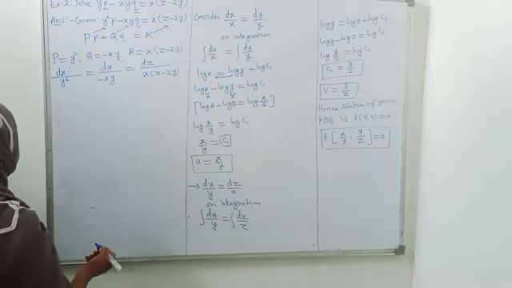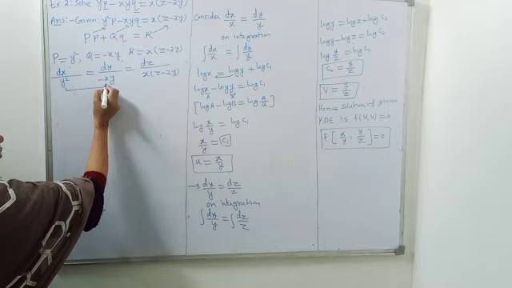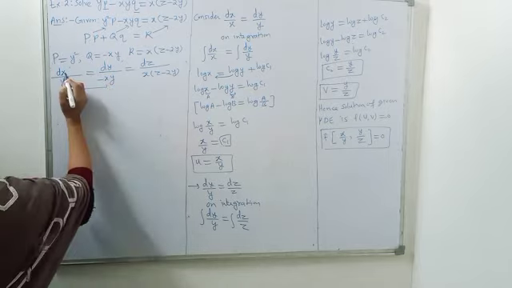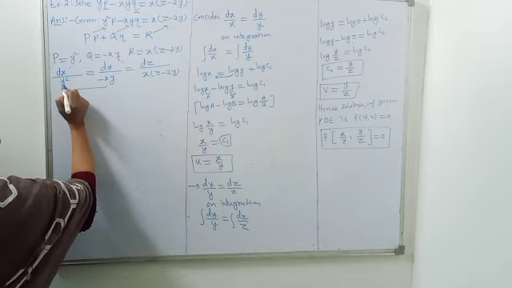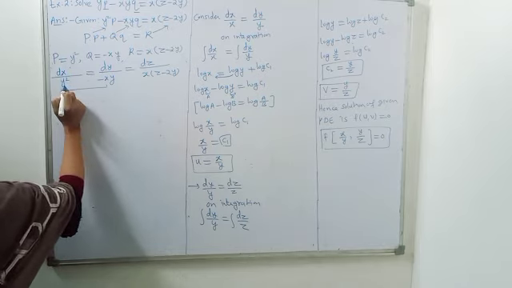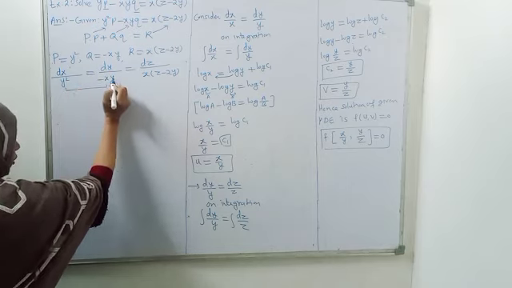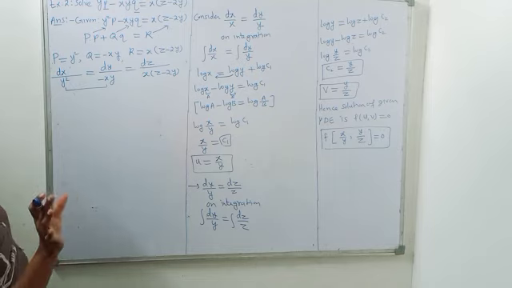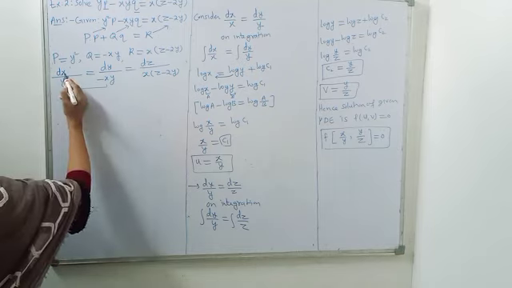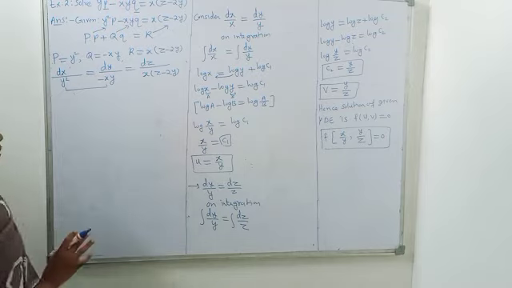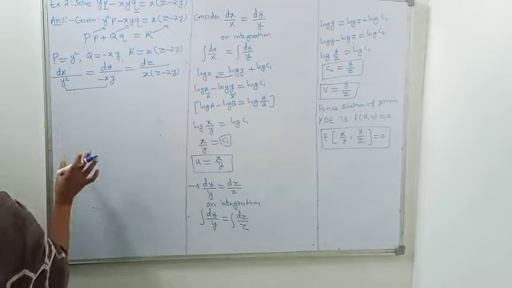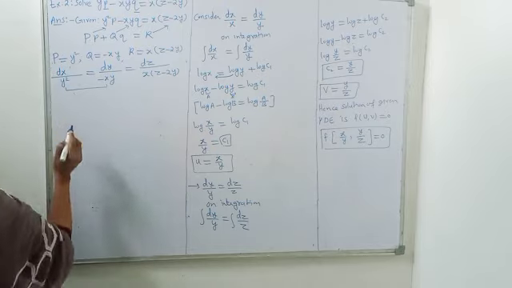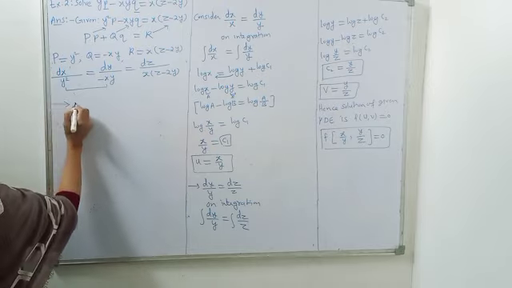So let us consider the first two ratios. Is it possible to take them? Observe these two ratios carefully. If I consider dx, the denominator should have only x, that is y square. If I consider dy, the denominator should have only y. But I am taking the pair of two ratios, dx and dy, meaning x and y variables. So these two ratios contain only x and y variables, so we can easily take them to obtain the first solution.